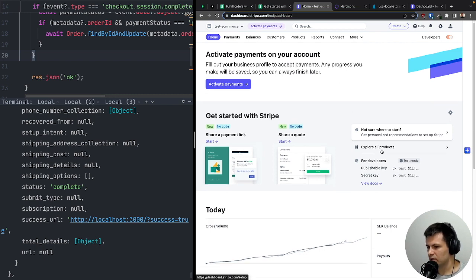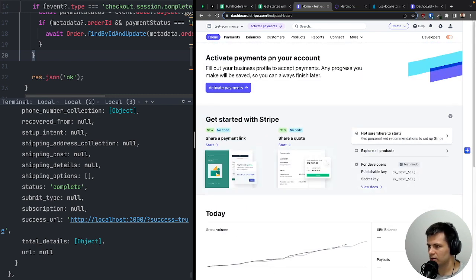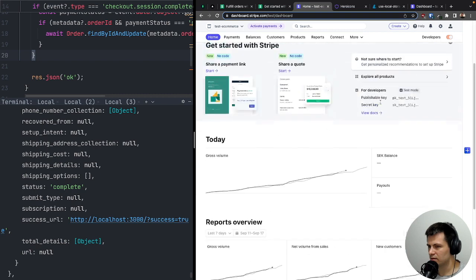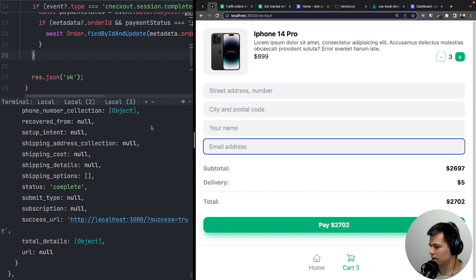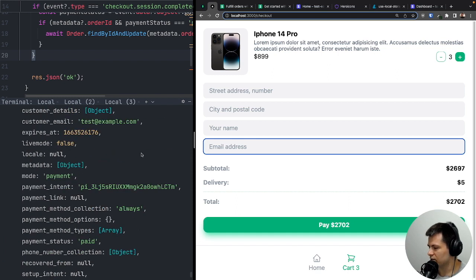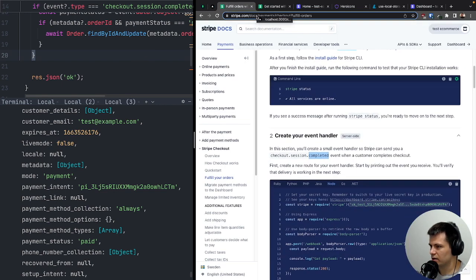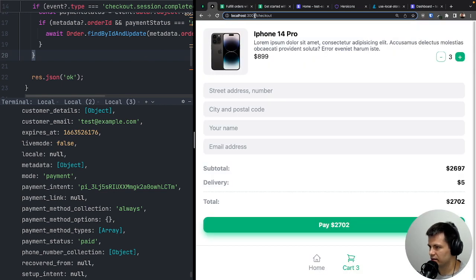For now it's on test mode, but you can change it by activating payments and disabling the developer and test mode, and you can just publish it to Vercel. And instead of doing this Stripe login, you will just grab a domain. For example, instead of localhost 3000, you will have mystore.com or something else, and we will do